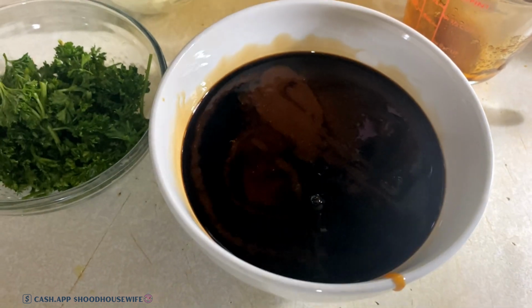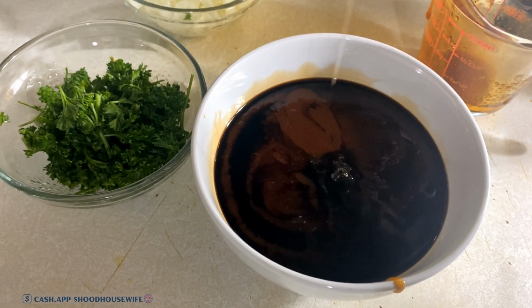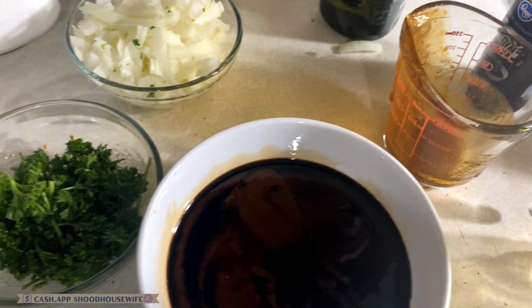So this is me trying to add some more honey to it, because like I said, I want as much honey as I can, and I don't know how I messed up not having enough honey, because I keep honey in my house. But anyway,